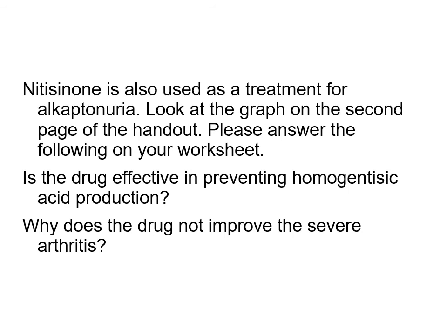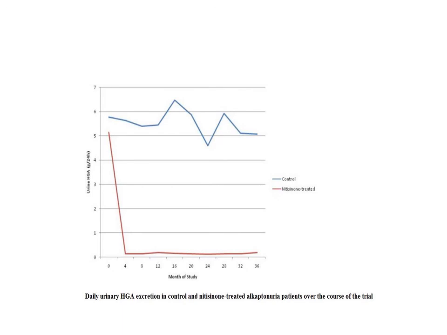Okay. Nitisinone is also used as a treatment for alkaptonuria. And on the handout, we see a graph of a study in which some people with the disease were treated with nitisinone to see what the effects were on the accumulation of the homogentisic acid in their urine, and also versus a control of untreated people. Okay, so we can look at the graph, and we can see that the y-axis, which is illegible, is the homogentisic acid concentration in the urine. The blue at the top is untreated control people, and the duration of the study was 36 months, so it's